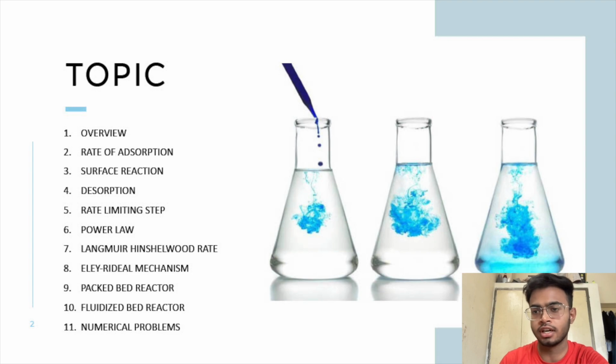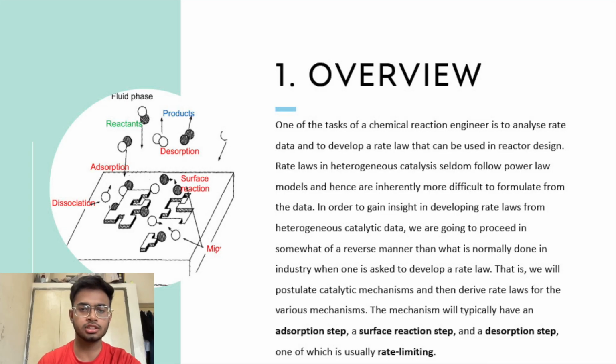for our better understanding. One of the tasks of a chemical engineer is to study the rate data and to develop rate law which can be used in a reactor design. Rate law is usually different from what we study in our theoretical paper, and therefore we have to derive it from power law, which is a difficult task. Therefore, in order to derive rate law, first we study the mechanism of any process and then we derive the